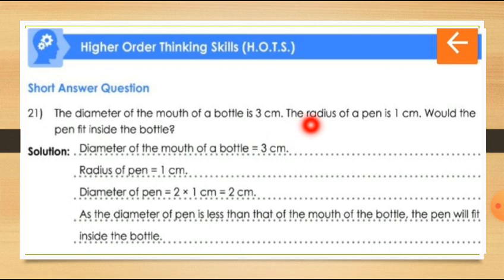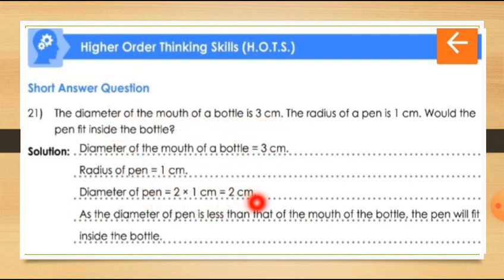We have to check whether the mouth of the bottle is bigger or the radius of the pen is bigger. Which one is bigger? We have to find out. One is given in diameter and the other one is given in radius. So you have to convert the radius of the pen also to diameter. Here the radius of the pen is given as 1. So the diameter of the pen is equal to 2 into r, that is 2 into 1, that will be 2 centimeter. Got it, children? So we got diameter of the mouth of the bottle 3 centimeter and diameter of the